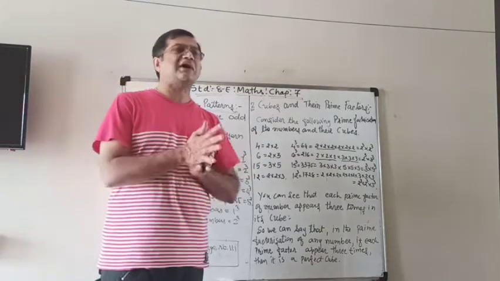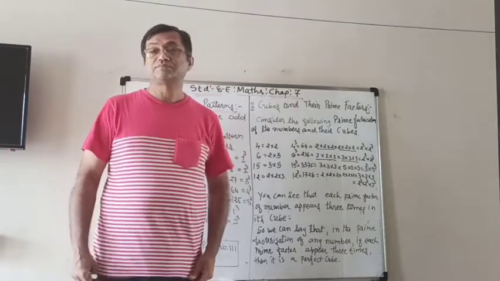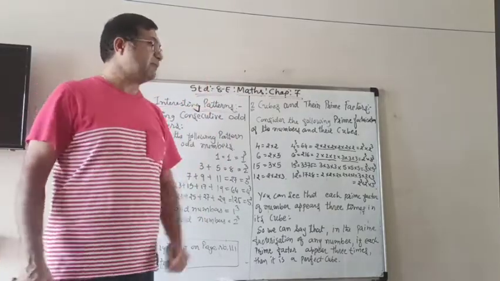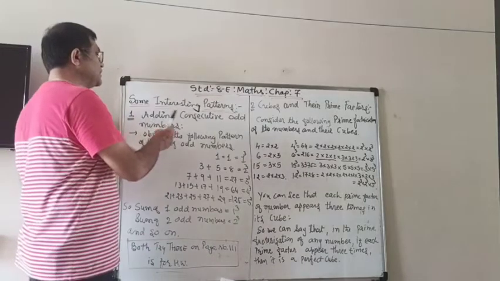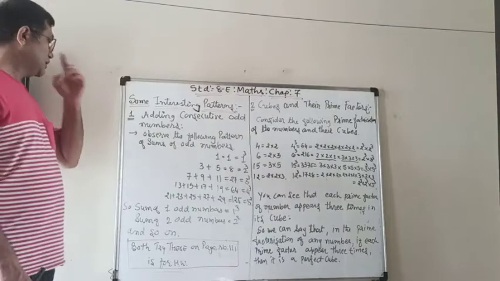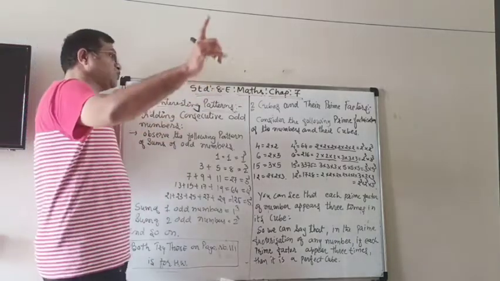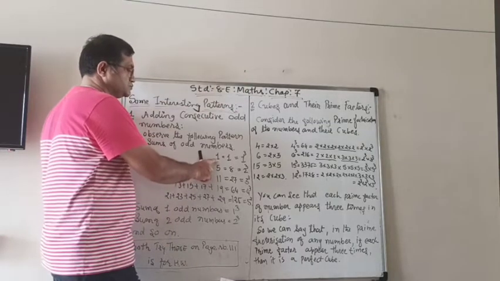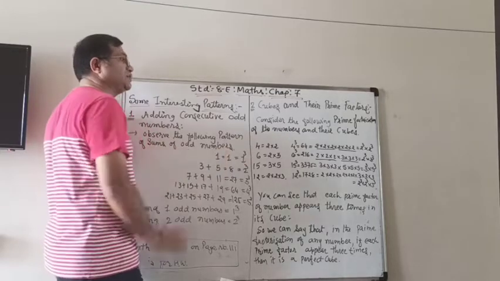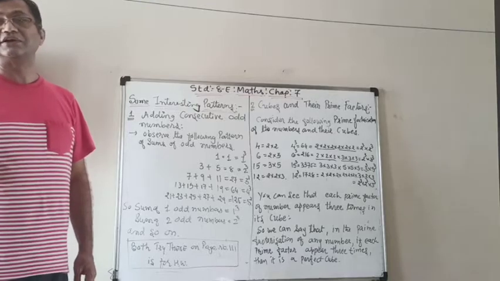Now, today we are going to learn about some patterns for perfect cube numbers. Number one is adding consecutive odd numbers. Observe the following pattern here. The first odd number is 1. So we add only 1 itself, it is 1, and that is 1 cube. It means if you add only one odd number, then it is 1 cube.